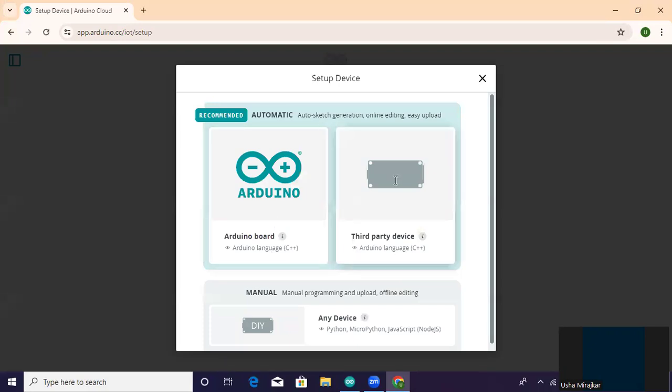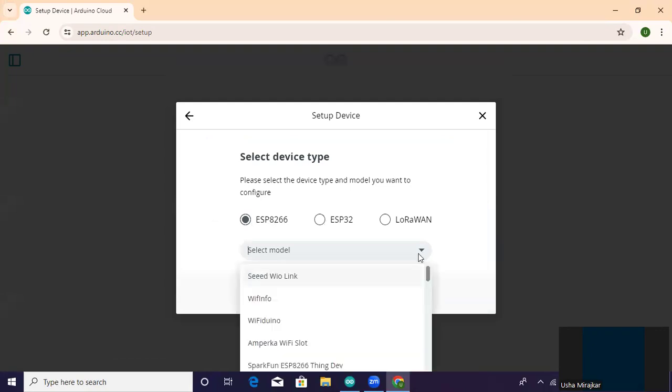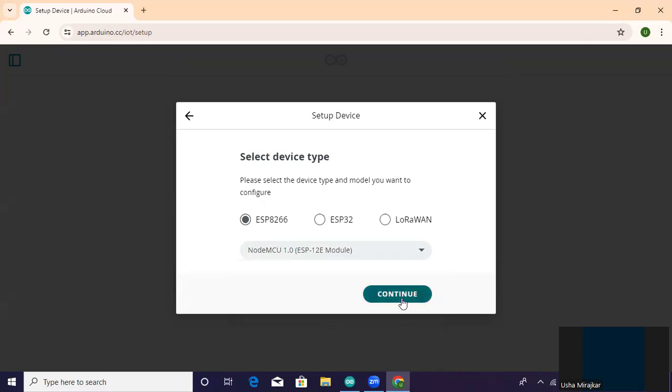Click here. That is ESP8266. Select the model. Which model you are using there? Here Node MCU 1.0, ESP12E model. Continue.